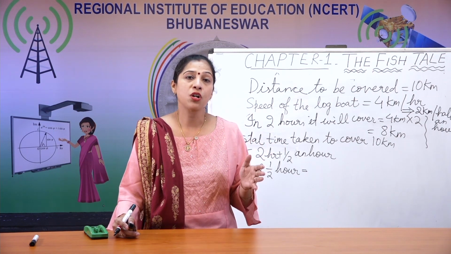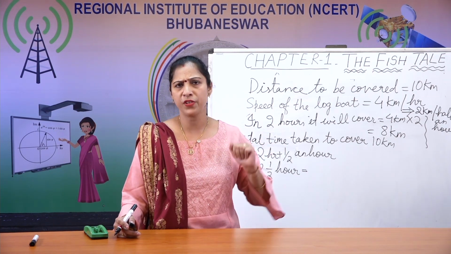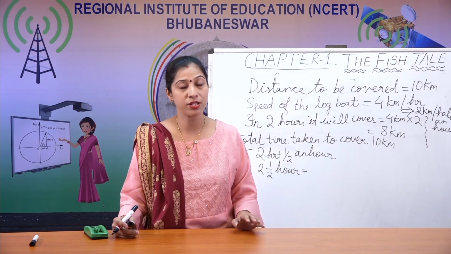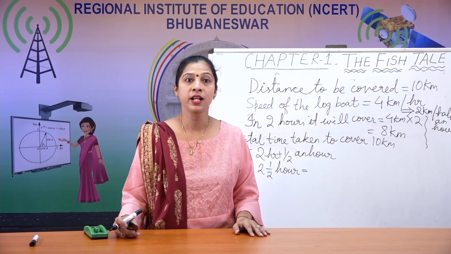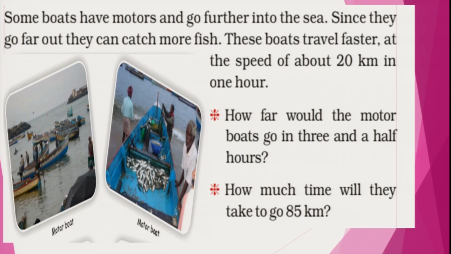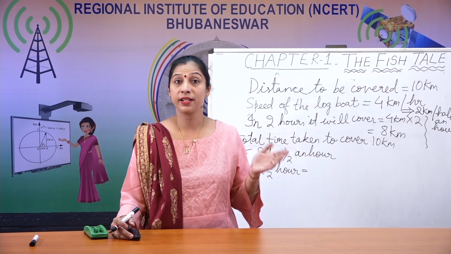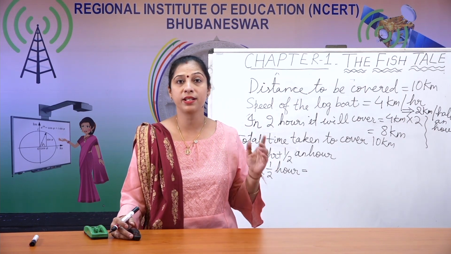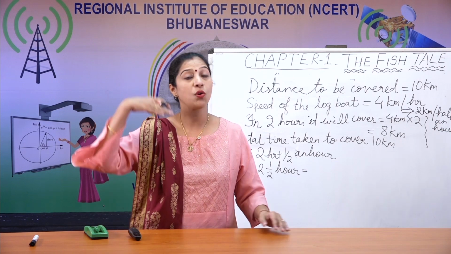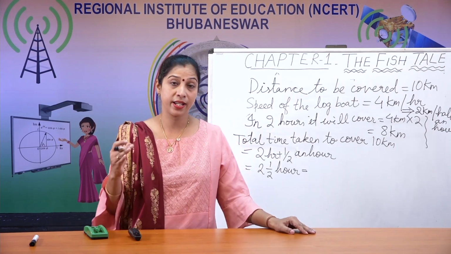Now, these are the log boats which are used by the normal fisherman. But there are some other boats which are also used to catch fish. Some boats have motors and go further into the sea. Since they go far out, they can catch more fish. These boats travel faster, at the speed of about 20 kilometers in 1 hour. Imagine, the log boat was traveling 4 kilometers in 1 hour, and boats with motors can travel up to 20 kilometers in 1 hour. So that means they can go deeper into the sea,